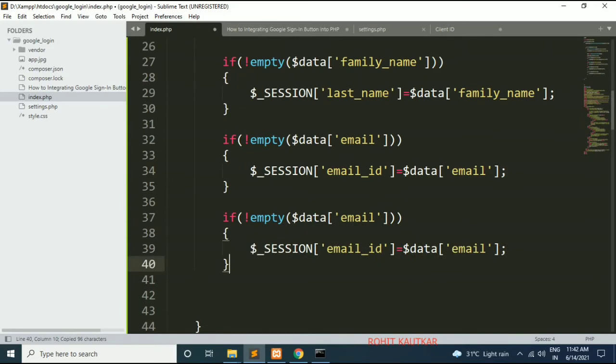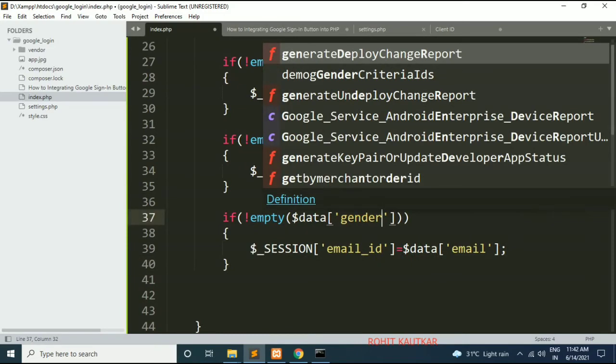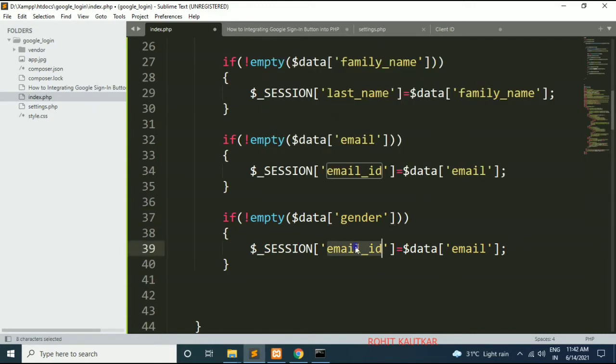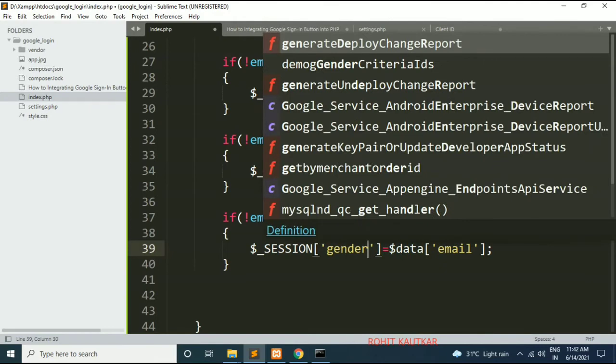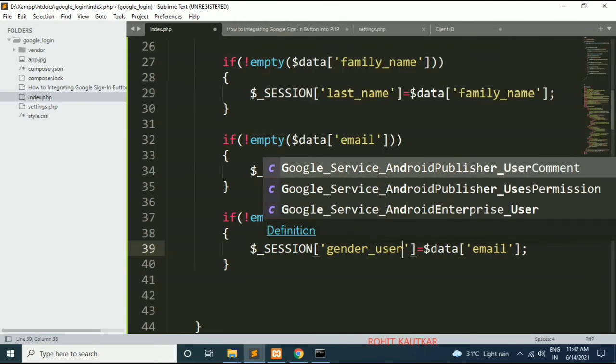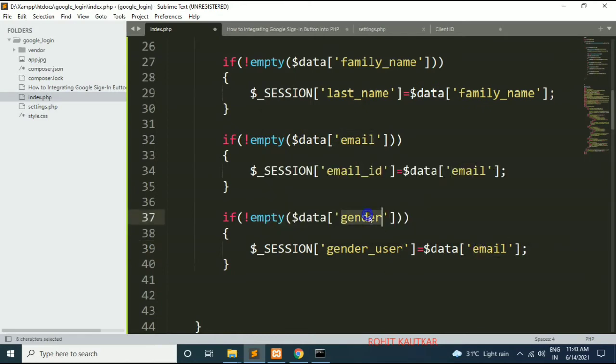So I will copy this and change it here to gender, and here I will write gender, and same I will copy and paste like this. And at last we will try to retrieve the profile picture of the user.